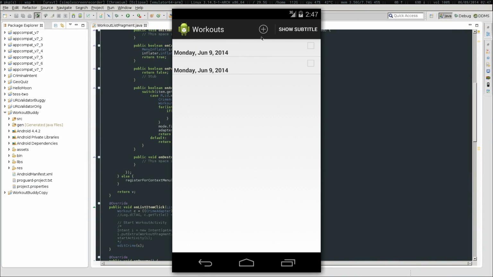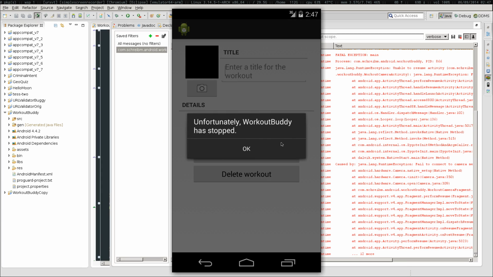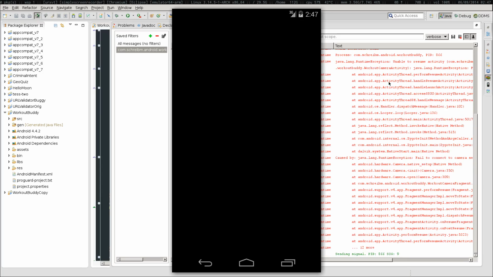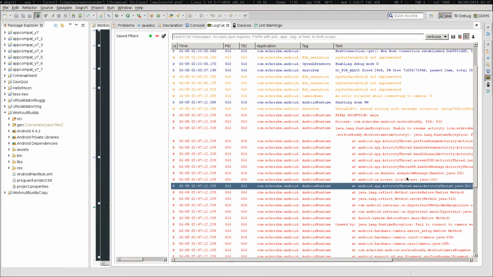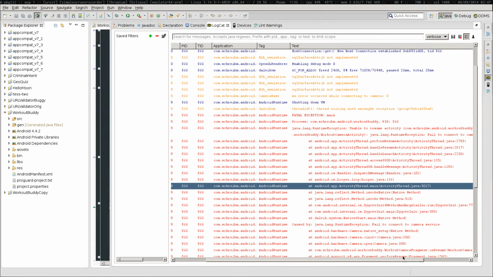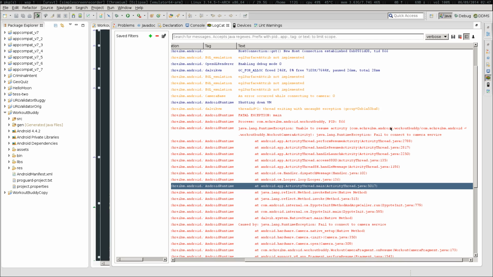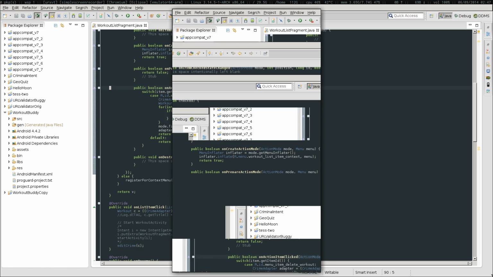I don't know why that didn't show up here. It does on the hardware device. When you hit the back button, it saves it. Let me see if I can at least try to open the camera. No. Let's find out why that is. Yep, camera activity. Failed to connect to the camera service. That's because, for whatever reason, I think I don't have proper hardware permissions or something. Anyway, okay, so code,